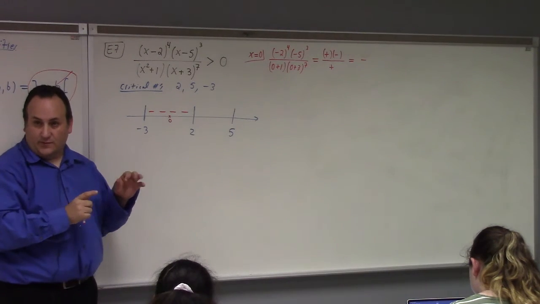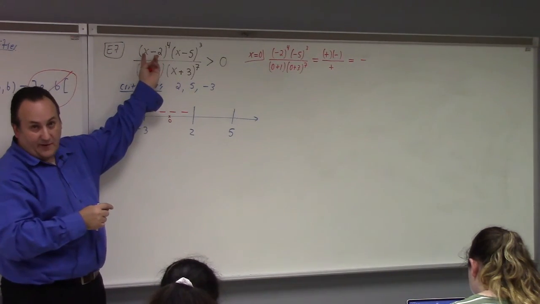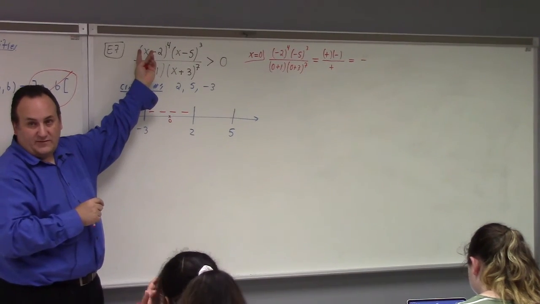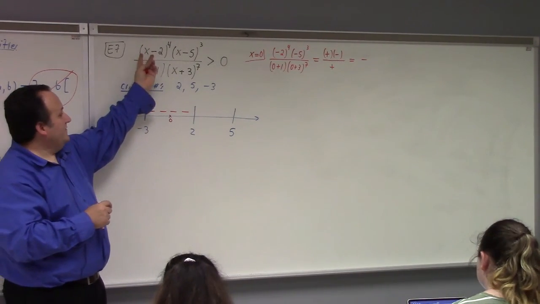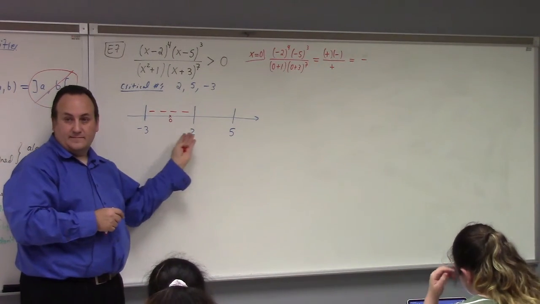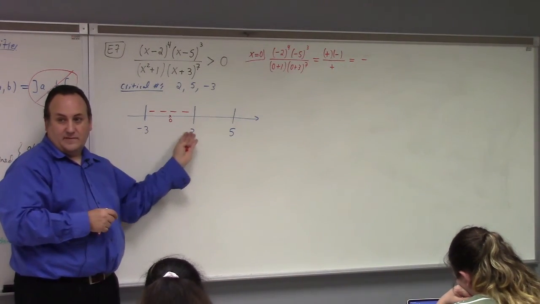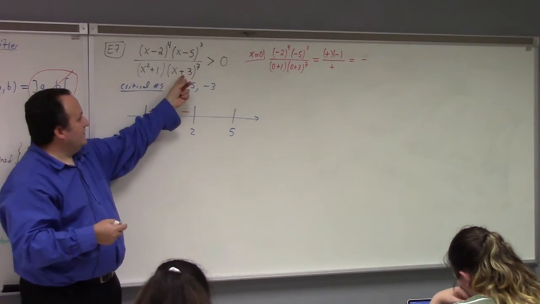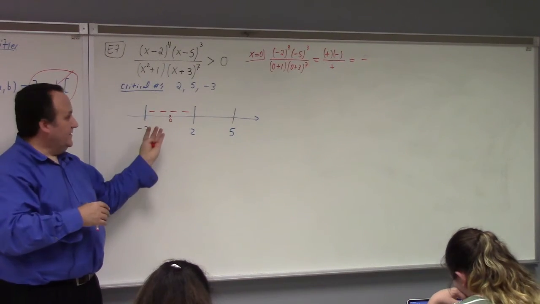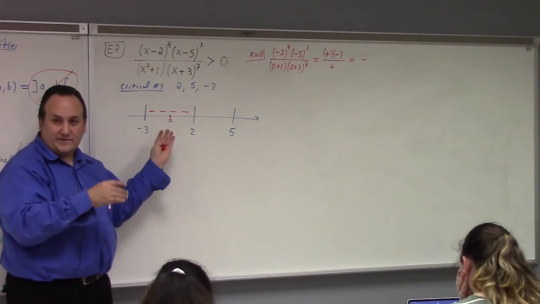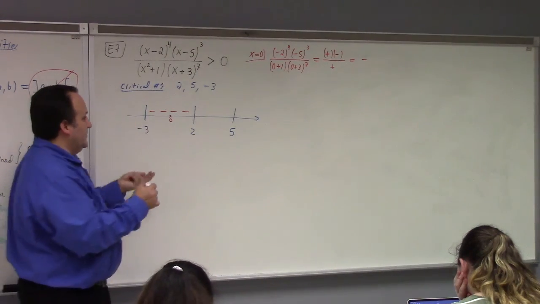2 corresponds to what? It corresponds to x minus 2 to the fourth power, right? That's an even power. 4 is an even power. That means that as you go from here to there, you're not going to change the sign of the expression. If you think about it logically, the other things like x minus 5 and x plus 3 don't change as you go across 2 in terms of their polarity, in terms of plus or minus, right? So we just stay minus.